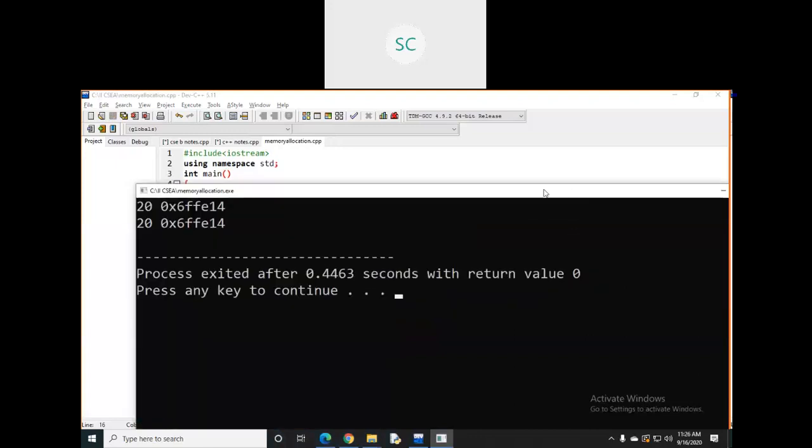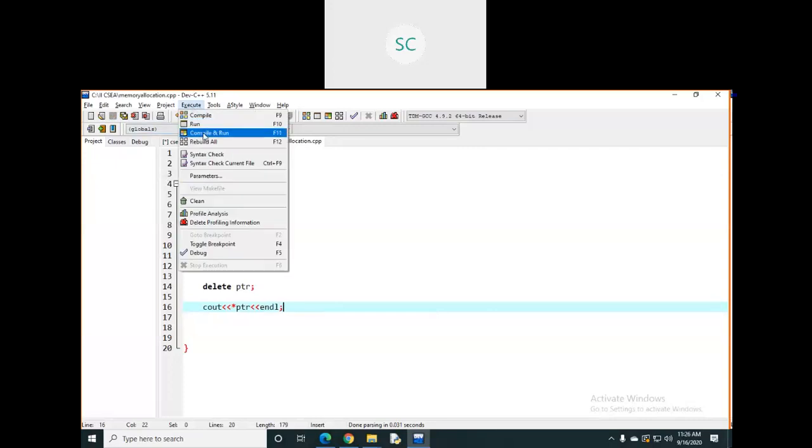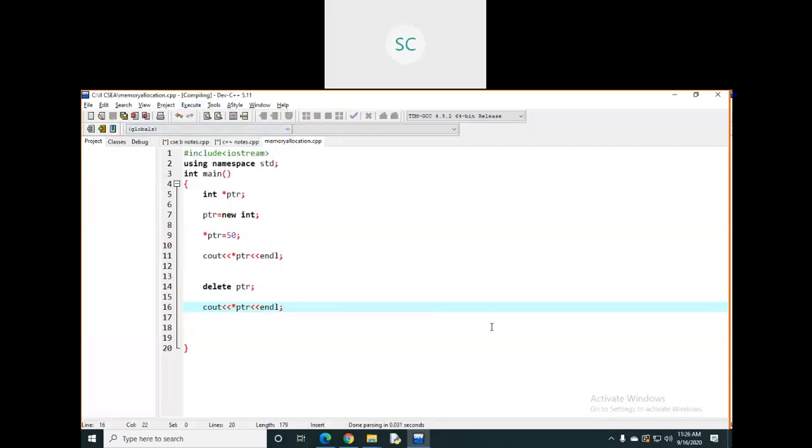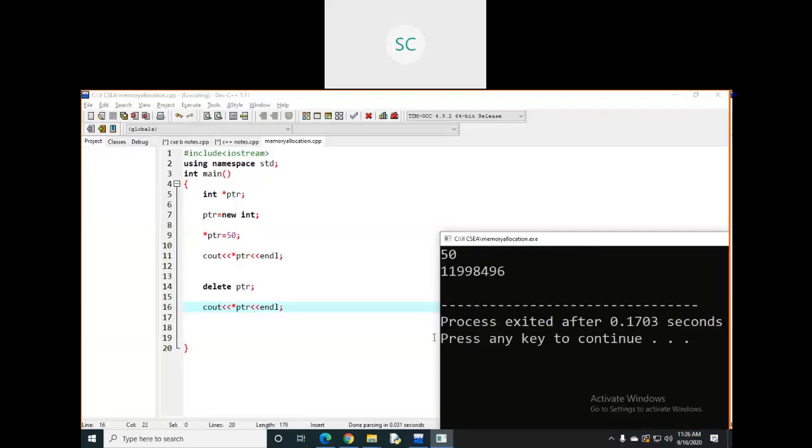Can anyone expect we'll get the same 50 50 here? Let's see. No, we won't get the 50 50. Up to here, you have the value, which means you have the memory with some address, and within that you have the value 50.